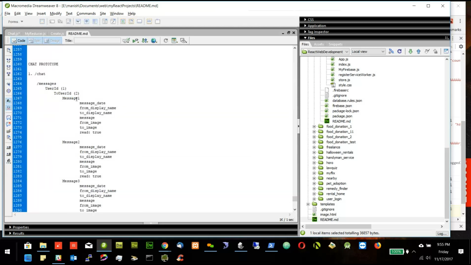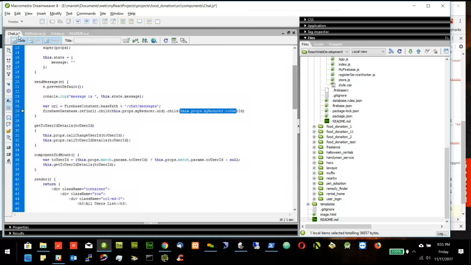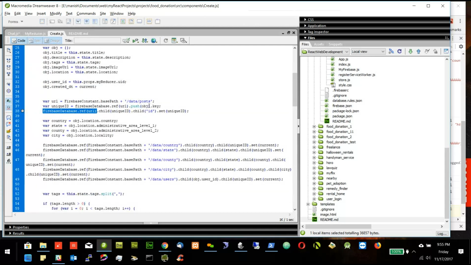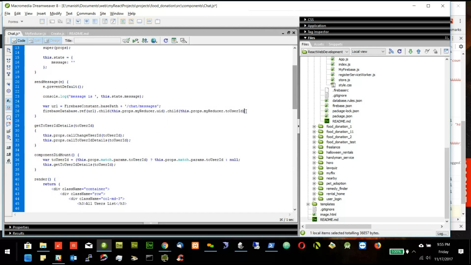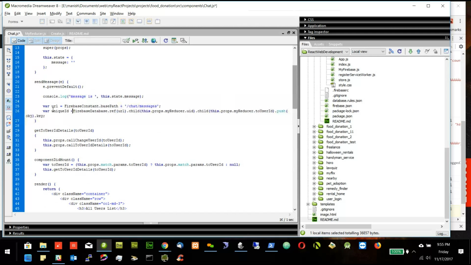And then what we said, we have to give some message. So this is message 1, message 2, message 3. So we have to put the message here. To put the message here, I can use push, and get the object key. So I will say push object key, and this will be saved in some unique ID. So the unique ID will be the Firebase reference URL child,